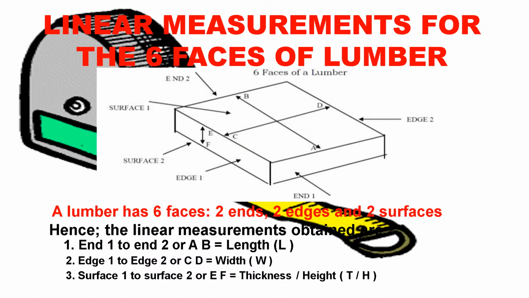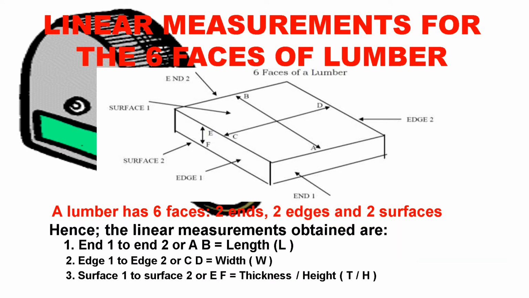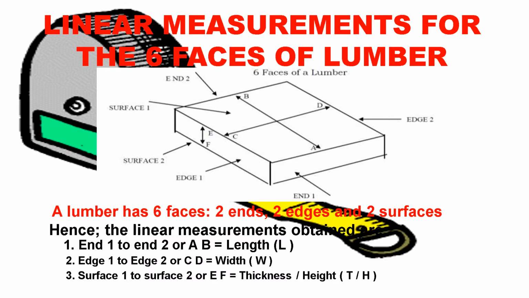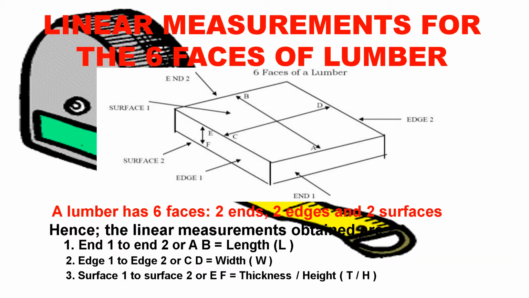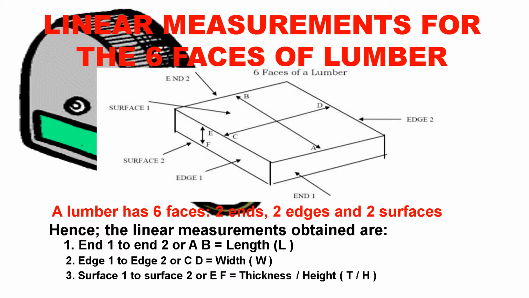Linear measurements for the 6 faces of lumber. As you can see in the picture below, a lumber has 6 faces, 2 ends, 2 edges, and 2 surfaces. The linear measurements obtained are, first, the end 1